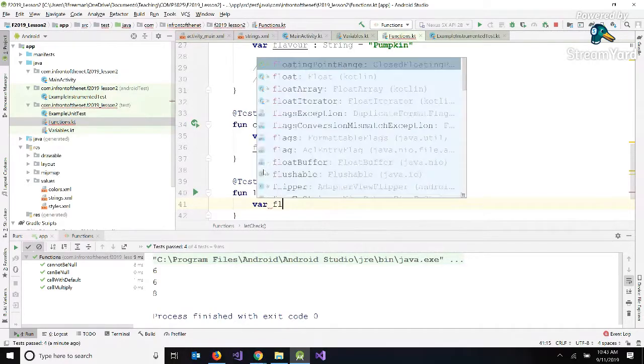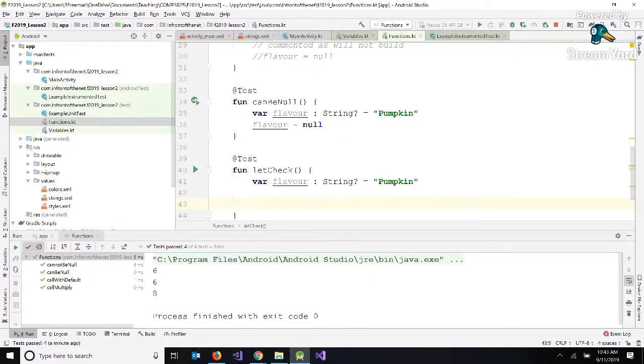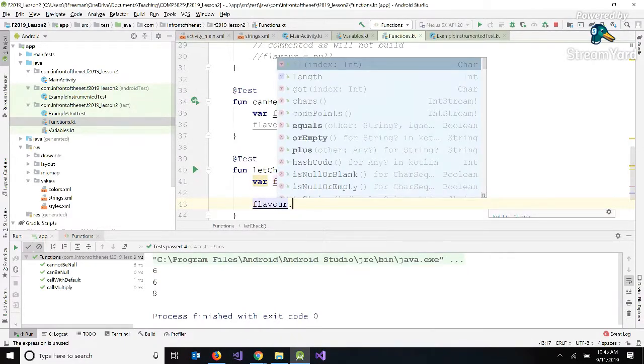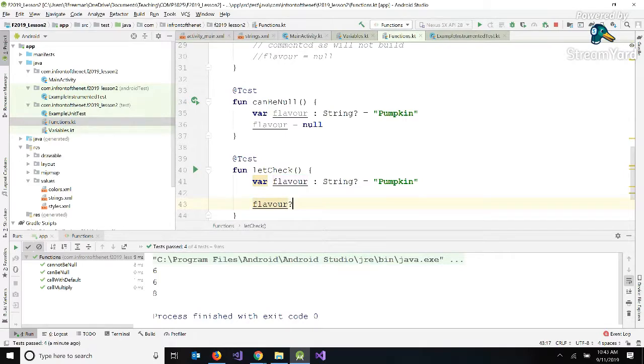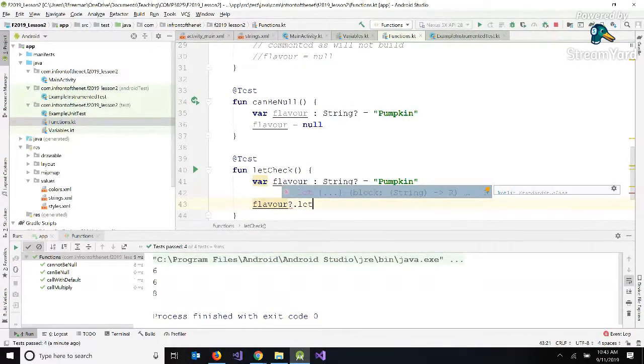So we'll again declare our flavor as a nullable string. Now we can actually check if the value is null or not using the let method. So we can use flavor, question mark dot. And now if we use let,